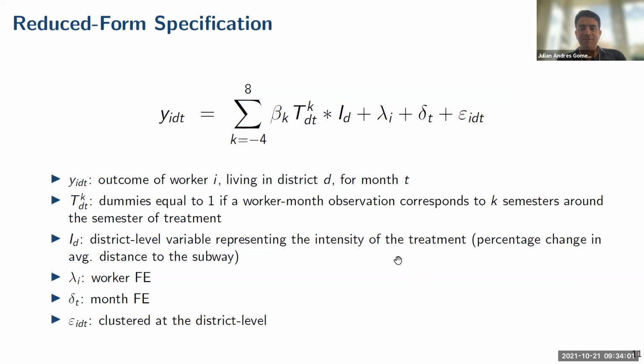Thanks. I have two questions, I'll try to be quick. The first one is, my guess is that the effects are going to be very heterogeneous by income level, right? Because lower income people tend to rely more on public transportation. So my first question is whether you have analyzed whether the effects are higher in lower income areas. And the second question is, how do you deal in your definition of treatment